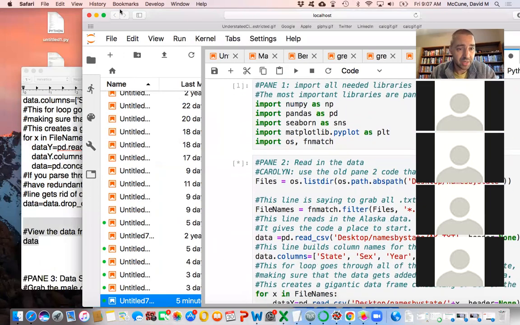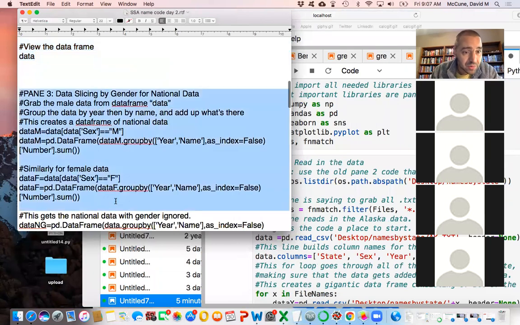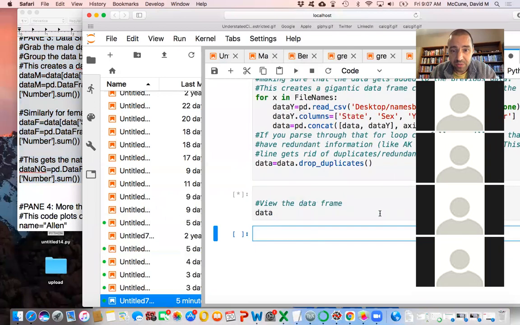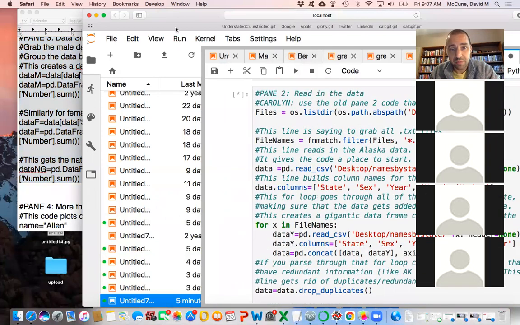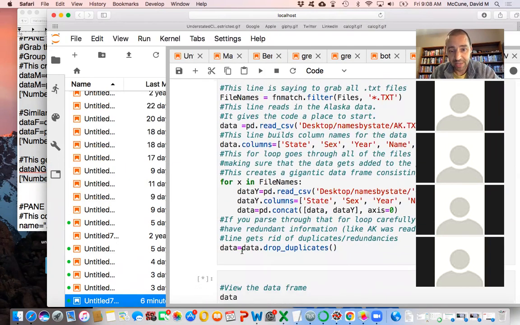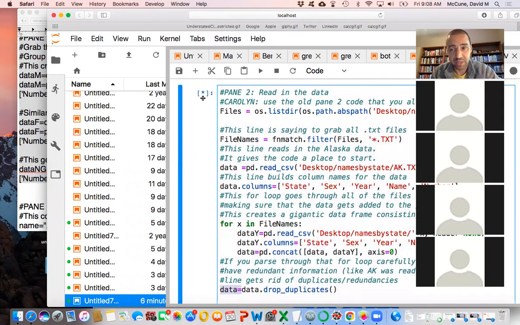So while it's thinking about that, let me just preview what we're going to do. Oh yeah, and this is also old stuff. Okay, so now I'm just eating in all the old stuff. So the important stuff from before, this pane reads in all the data, and it keeps the states separate, keeps the states stratified. So Missouri is in there as its own thing, California's in there as its own thing, and so on. You create a gigantic data frame called data. And it's so gigantic that it takes the computer a while to do it. See, it's still thinking about it.